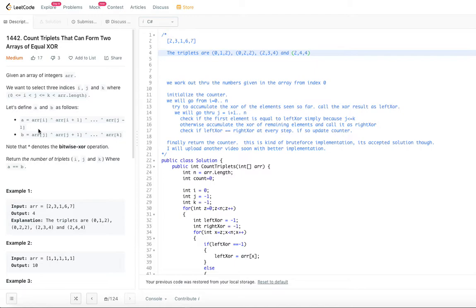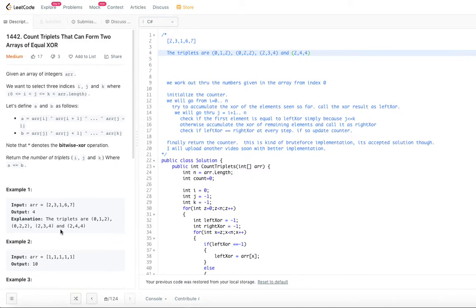So this is somewhat confusing. The thing is, we don't have to actually have all the numbers in the array. When we are looking for these triplets, we don't have to cover all the elements through i, j and k. We can cover even part of the elements, or even just three elements is completely fine for this particular example. So let's try to understand through the working example.